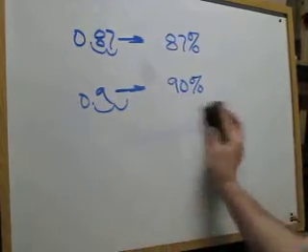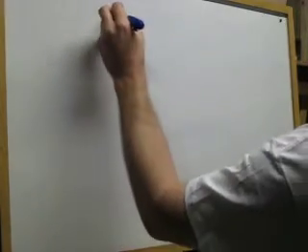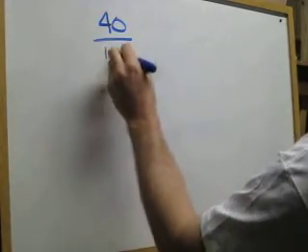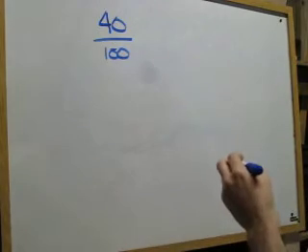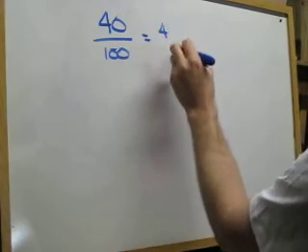Takes us to set D, which is on page 504. And we're changing a percent to a fraction. Now if you remember, when you're changing a percent to a fraction, all you're doing is putting it over 100 and then reducing. So 38, 40% would be 40 over 100, which then would reduce to 4/5, or